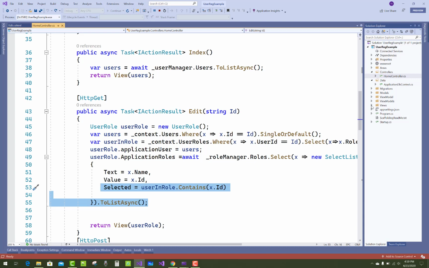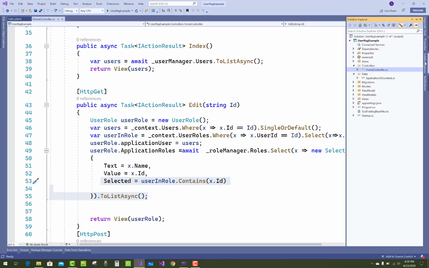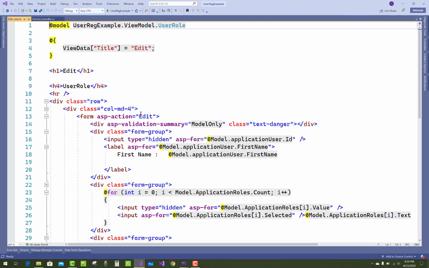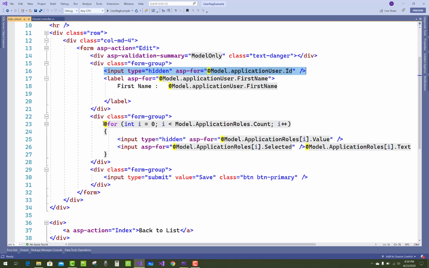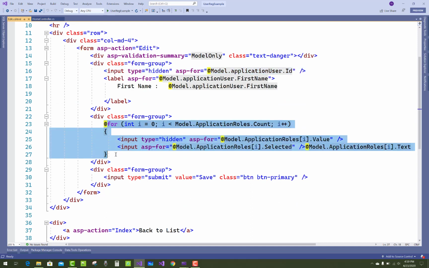After that, the class userRoles is sent to the edit section. So just check the edit section of the home controller, and check the view and the edit section. In the edit section, we have a label tag helper with asp-for model.ApplicationUser.FirstName, and a hidden field, that is model.ApplicationUser.Id. Similarly, the SelectListItem type has three properties: text, value and selected, for the checkbox.